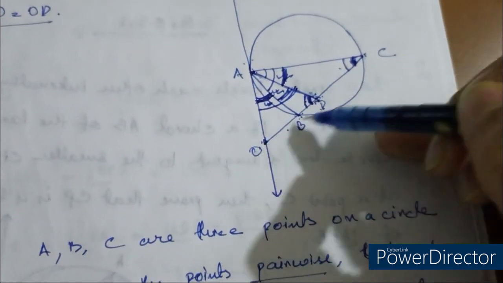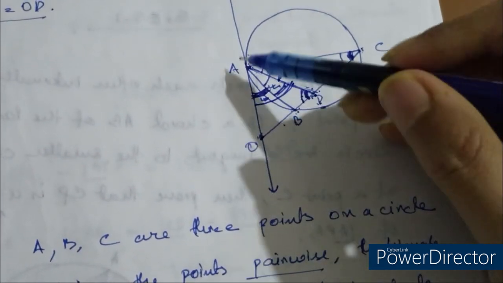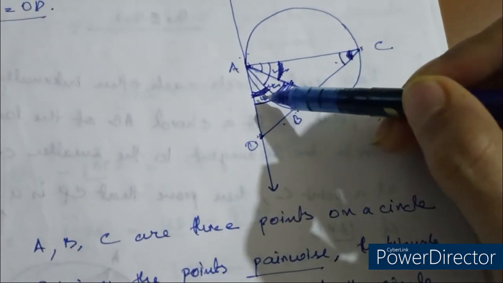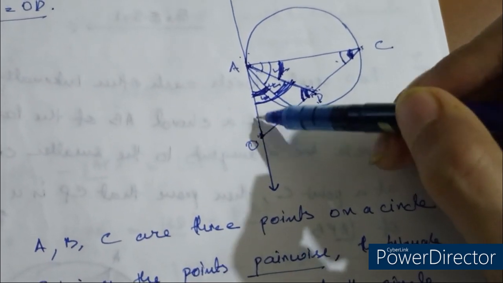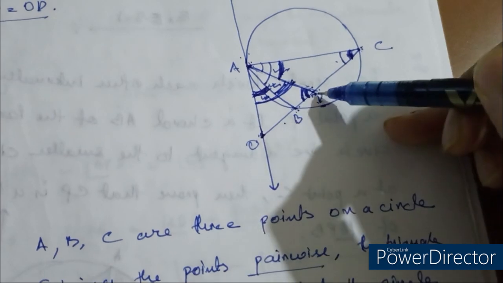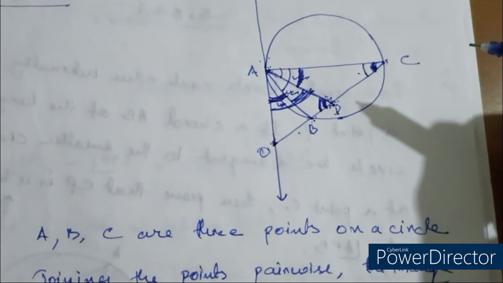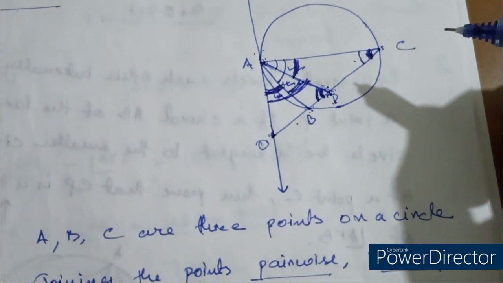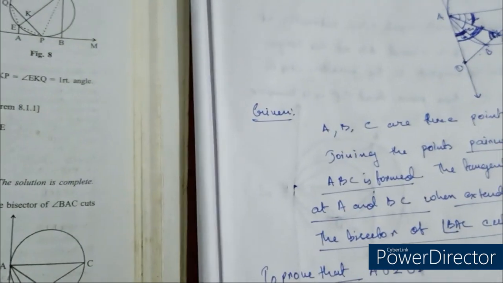Now in this triangle, if you see nicely, ODA, this angle is equal to this angle. So therefore these two sides will be equal. OA will be equal to OD. This is our triangle property. You have already learnt it in lower classes. So therefore in here what is going on? First of all, in here you see,